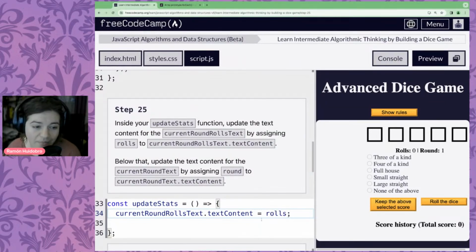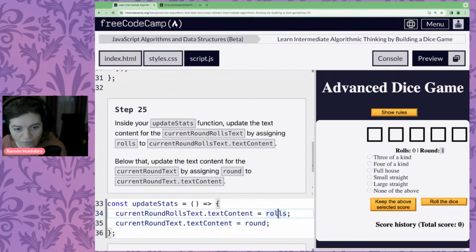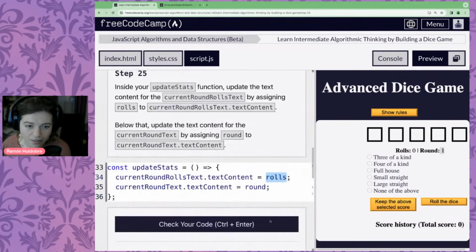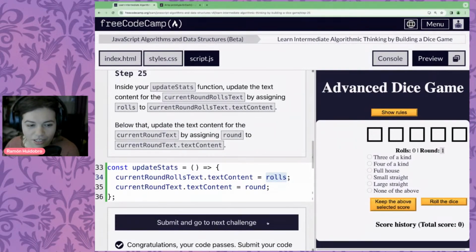Of course, it hasn't happened yet. So we'll do the same for current round text dot text content is equal to round. So what we're doing is literally taking these spans here and updating their values so that it reflects what the current state of the game is. So, feeling good about that? Pat, pat. Let's keep going.